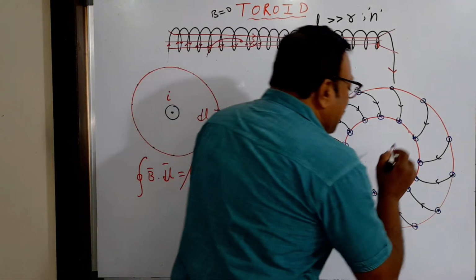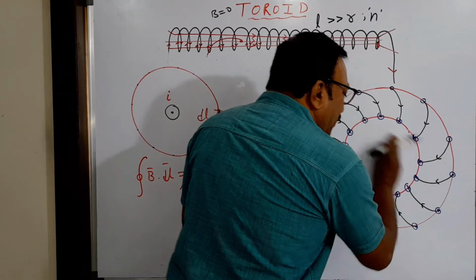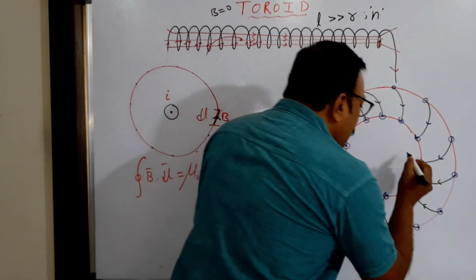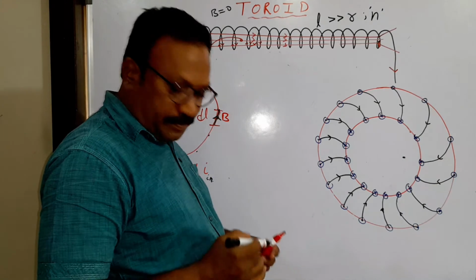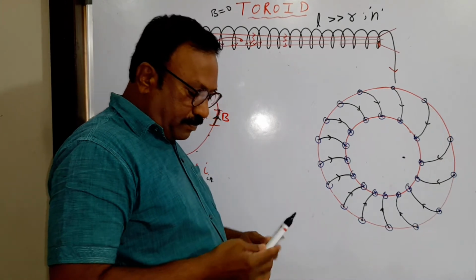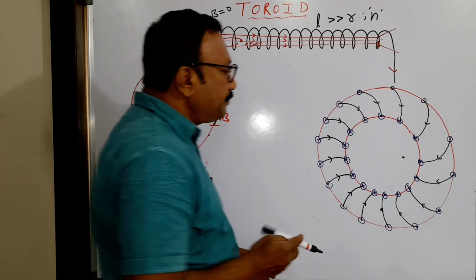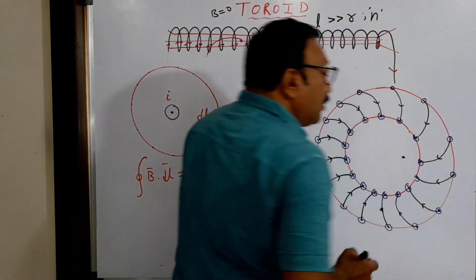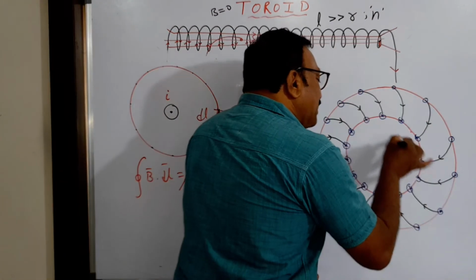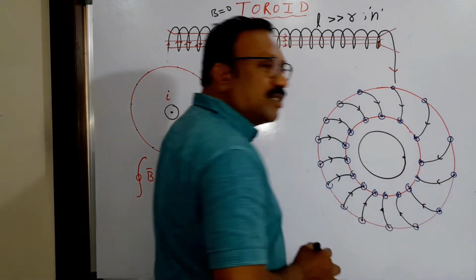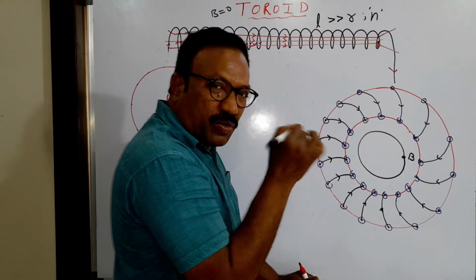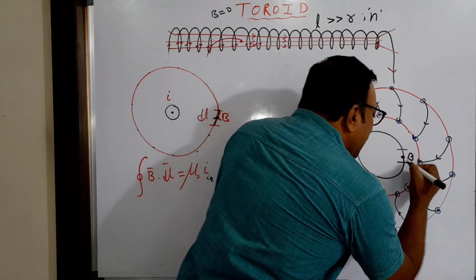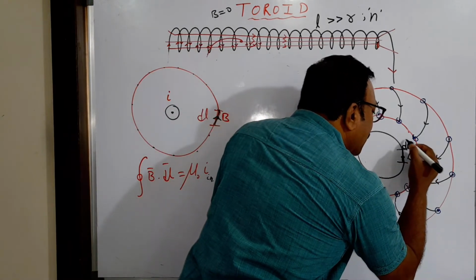So, let me consider wherever you want to find a magnetic field. Suppose here I want to find the magnetic field. There I want to find the magnetic field. Then through that point you imagine one loop like this. This is a loop. Let the magnetic field at this point, where you want to determine, be B. Consider an element there, dl.